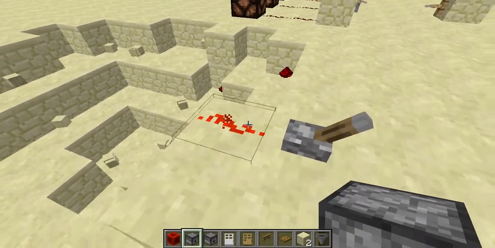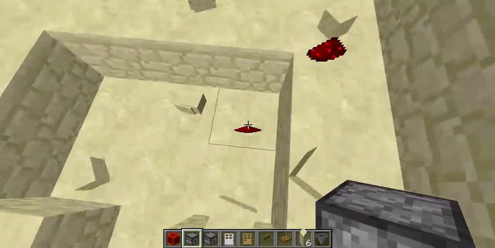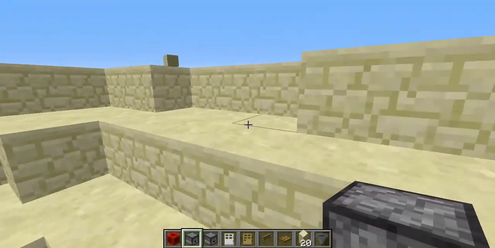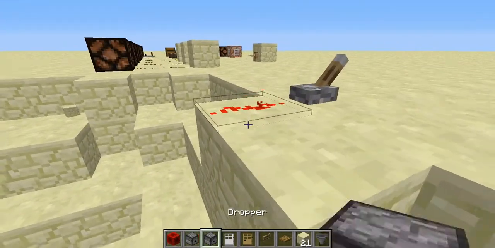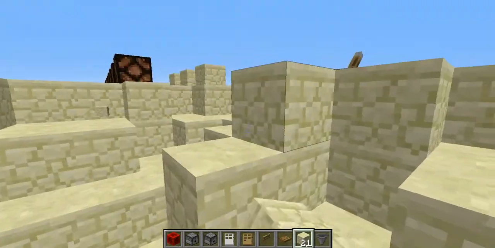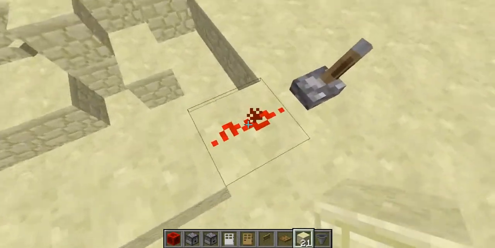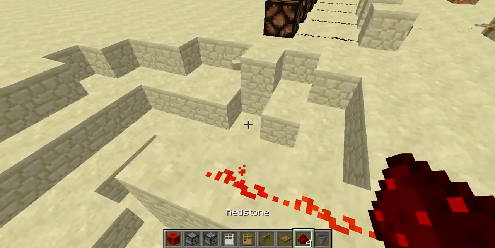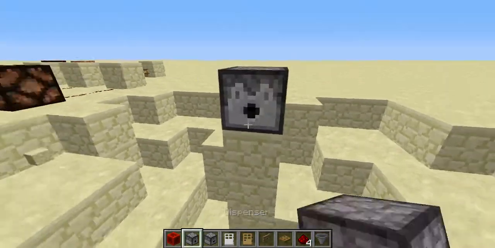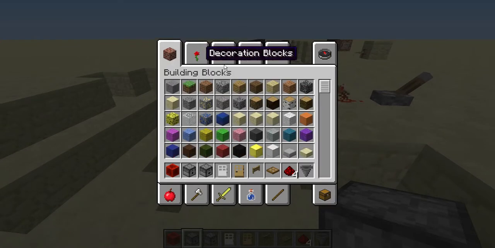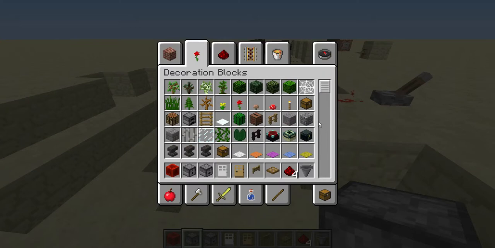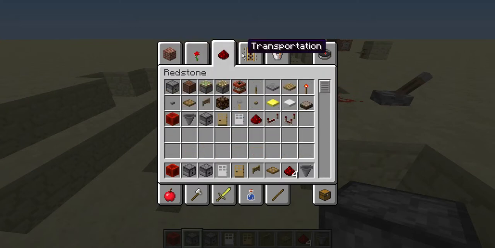So I'm going to pick up all these items. So for now I'm just going to there. So dispenser. The other items that it dispenses include okay, there's